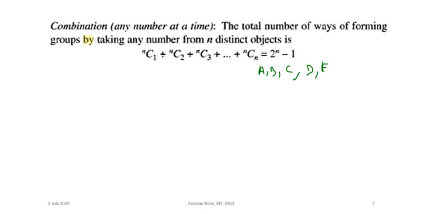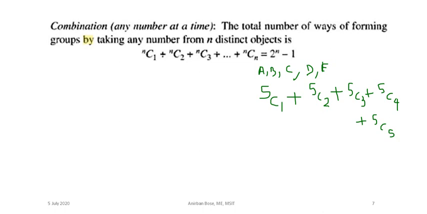If we have to form a group of 1 member, how many ways can we do it? There are a total of 5 persons, so out of 5, a group of 1 member can be selected in 5C1 ways. A group of 2 members can be selected in 5C2 ways. Similarly 5C3 ways for a group of 3 members, 5C4 ways for a group of 4 members, and taking all of them, we can only form one group, that is 5C5. So this will be the answer. This is the meaning of that.